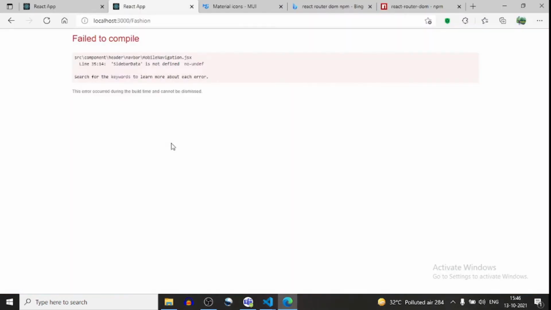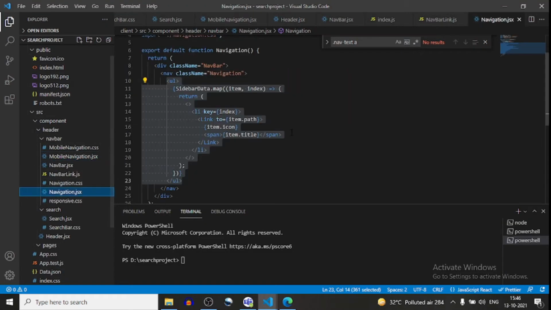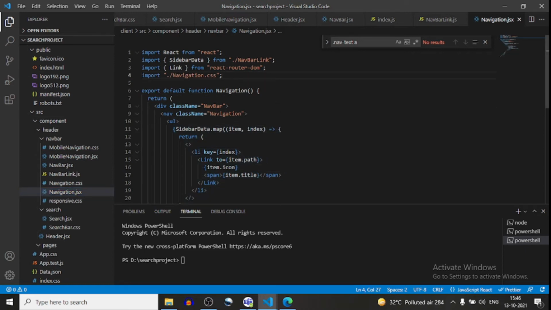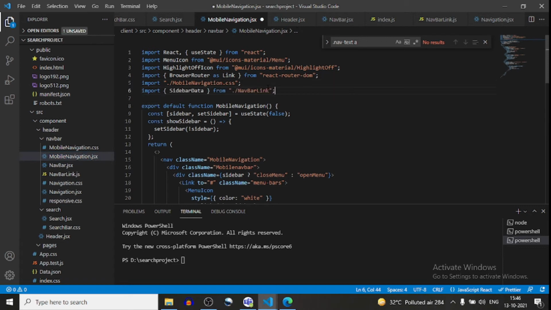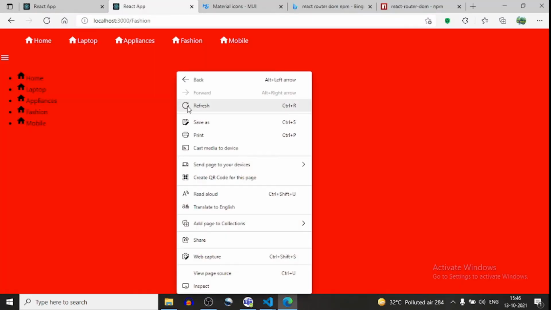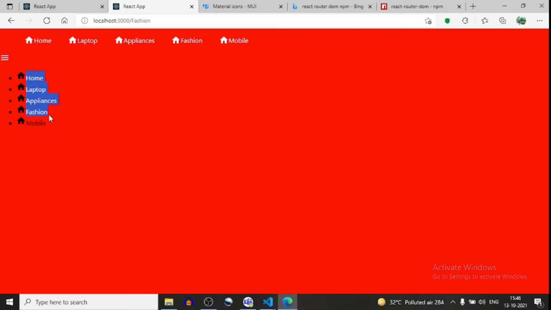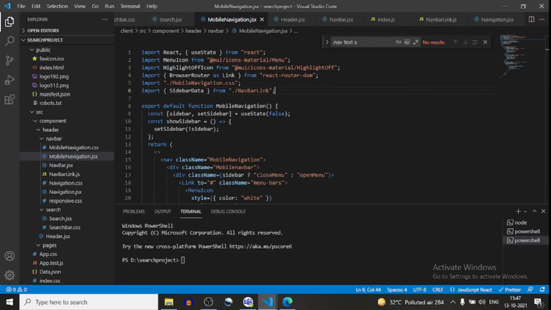Now if you check here, sidebar data is not defined. So I will go in navigation.jsx, copy this sidebar and paste it here. Now see, this left navigation is coming: home, laptop, appliances, fashion, and mobile. Whenever I click, nothing is happening. For that I have to write the CSS.